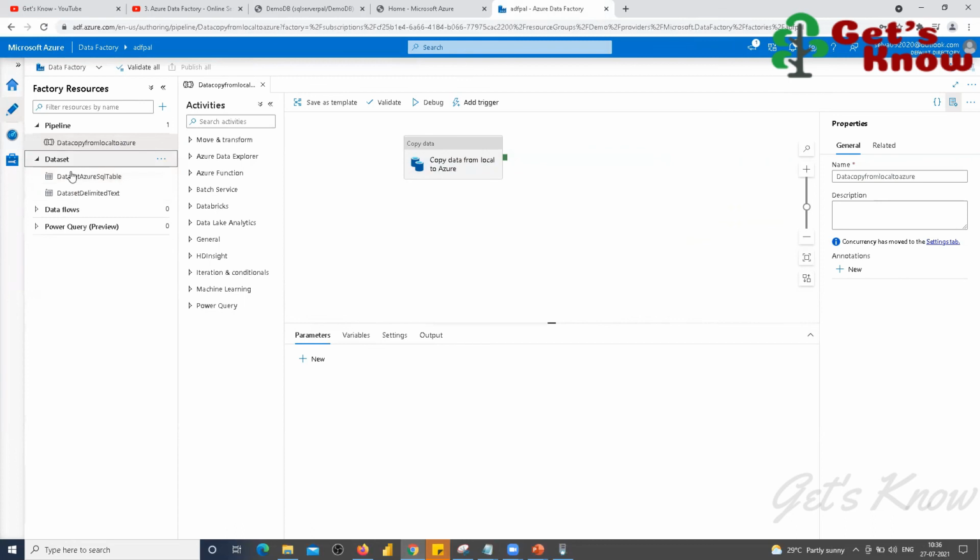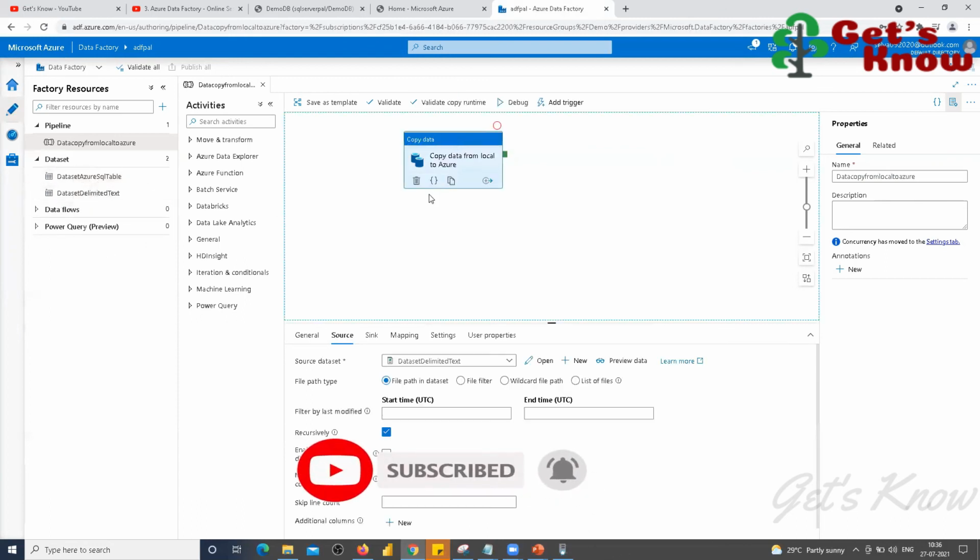All the data will be available under this datasets list menu only. That is the reason we have to give a proper dataset name, because we are going to read the dataset name and it should be understandable for the developer. A meaningful name we have to provide.